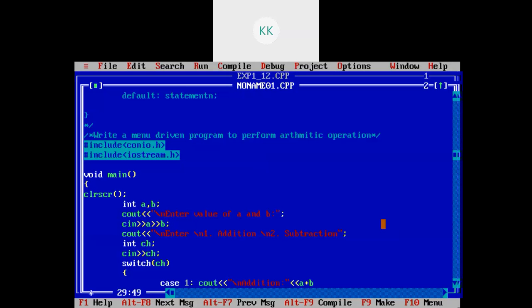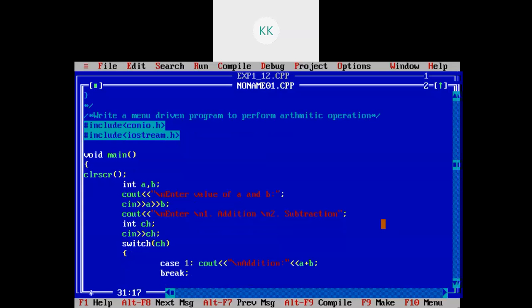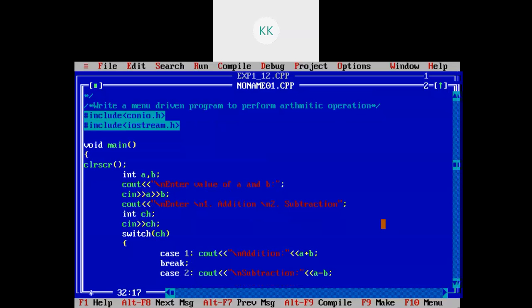a plus b, then break, and case 2, subtraction, so cout \n subtraction a minus b, break.